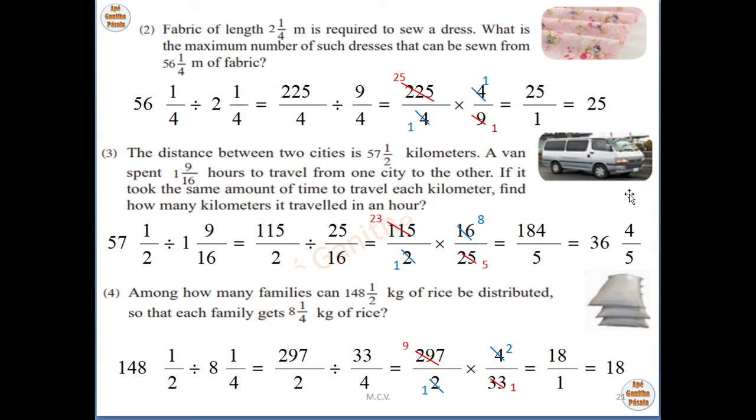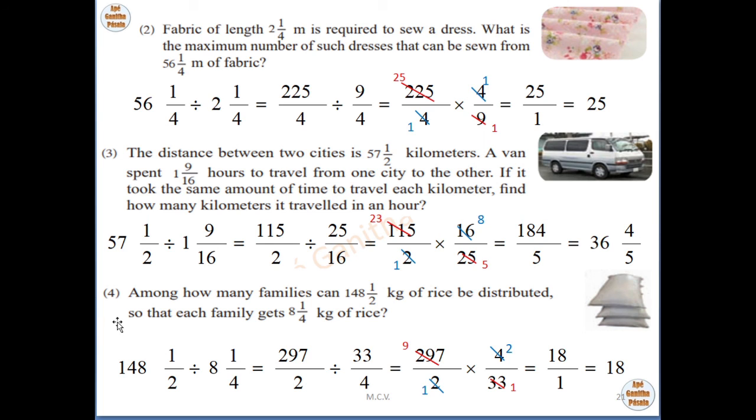Improper fraction. Using the long division method, you can divide. Divide and check what the answer is. Put the answer here. Put the remainder in the numerator. Denominator is the same. You will get the answer 36 when you divide 184 by 5. 36. Remainder should be 4. So the answer is 36 and 4 over 5.